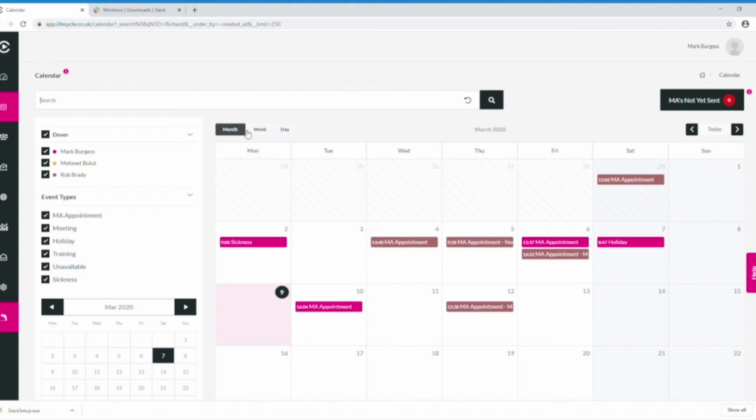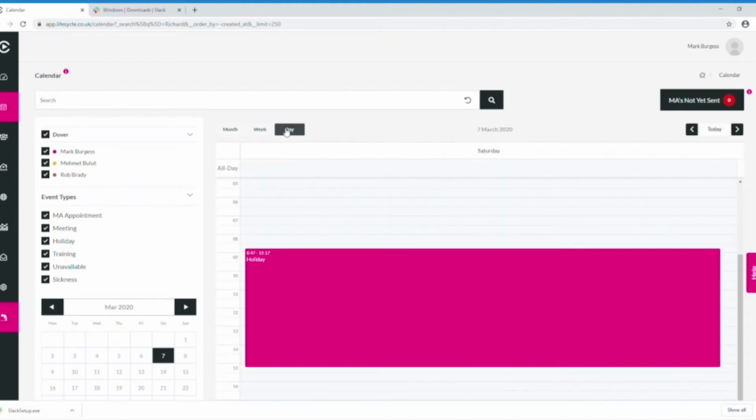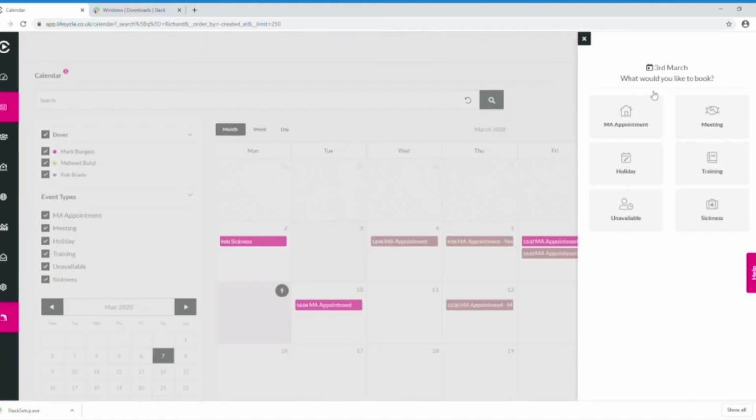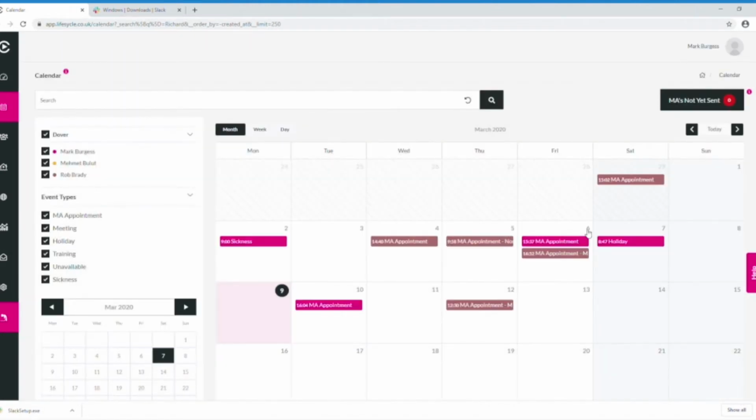So here you've got month, week and day views, which are quite useful actually, because when you're in the month view, which is the default, obviously if you click to book an appointment, then it will just bring up this sidebar over here where you start setting the appointment. But if we look at this one over here on the 7th, for instance, and I go to the day view,